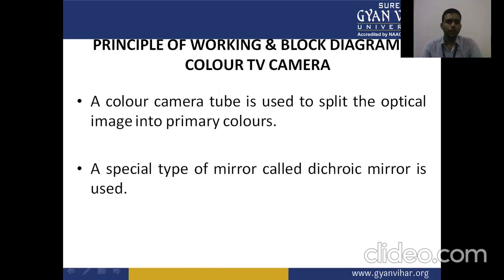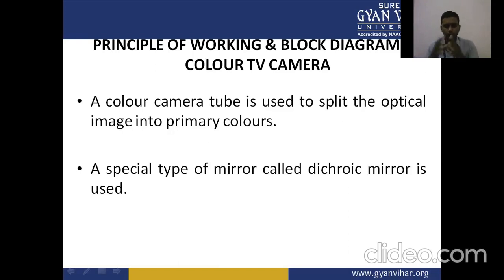Now, the principle of working in the block diagram of a color TV camera. Before discussing the color TV camera, we recall how the black and white TV camera converts the optical image into the electrical signal. The image is focused on the lens, and the lens collects the image and focuses it on